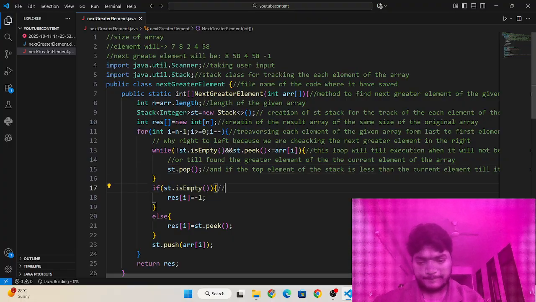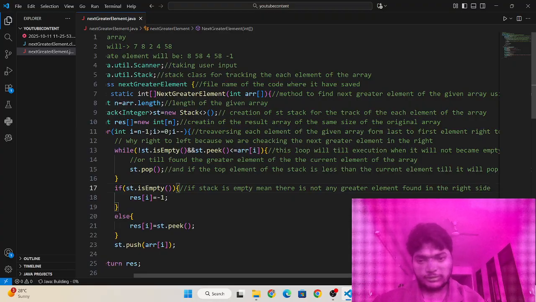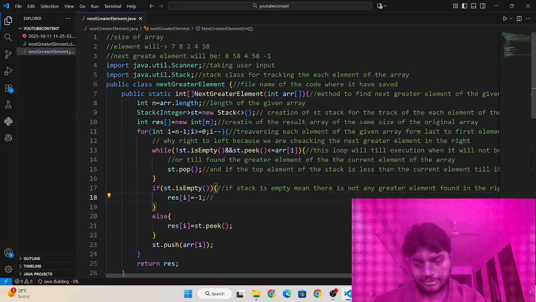and if the stack is empty, it means there is not any greater element found on the right side of the current element. Okay, then it will return -1. Okay,